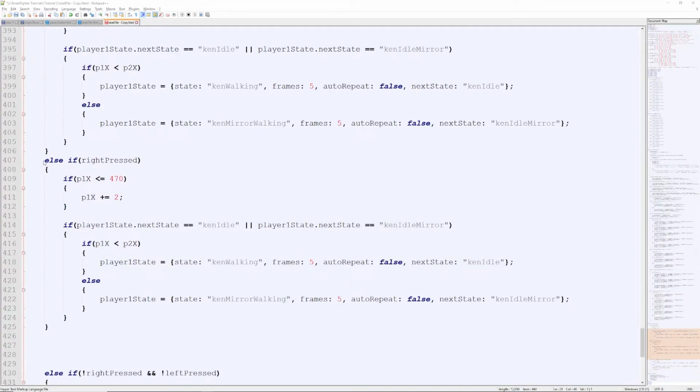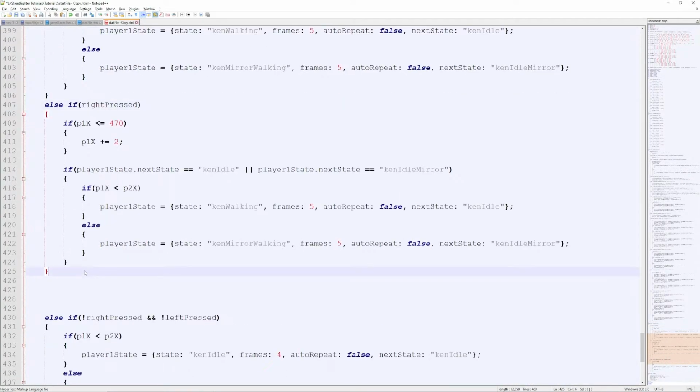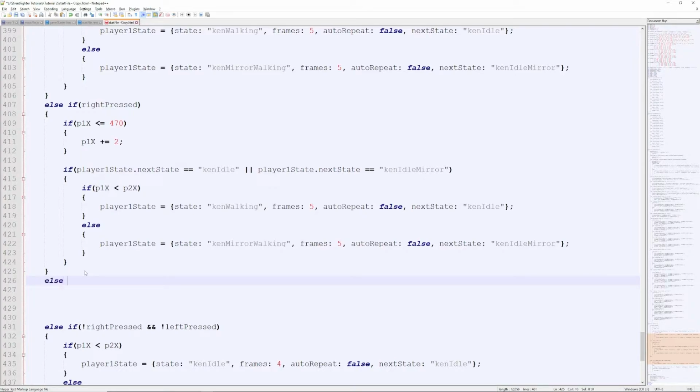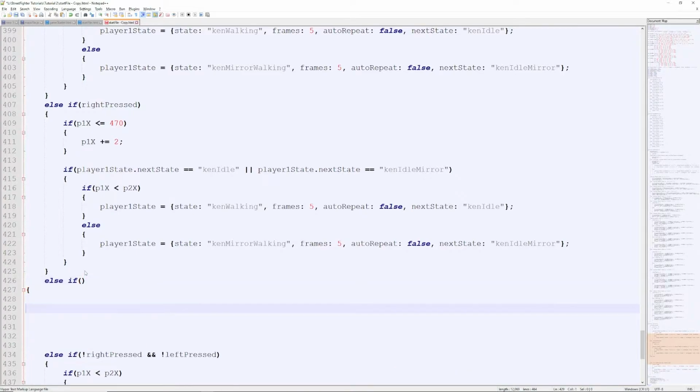So this is going to be an else if, so it's if left pressed, if right pressed, and then we're just going to do an else if here. We're going to say else if, and then do something inside of those parentheses. So here I'm going to add another parenthesis, and we're going to say low punch or medium punch. So if one of those buttons is fired off and it is not